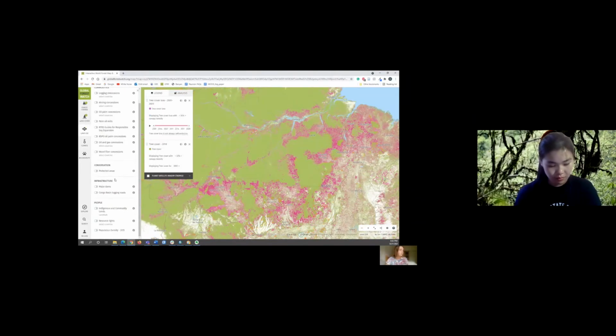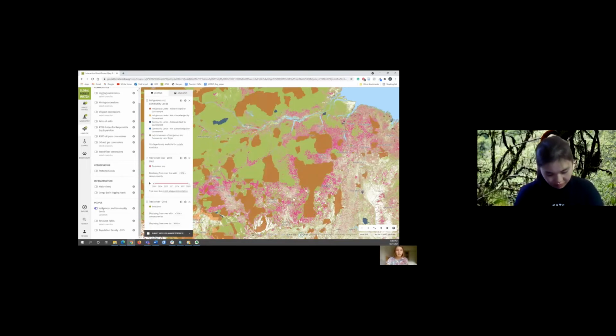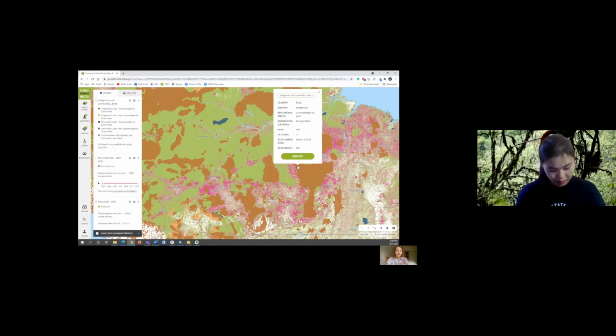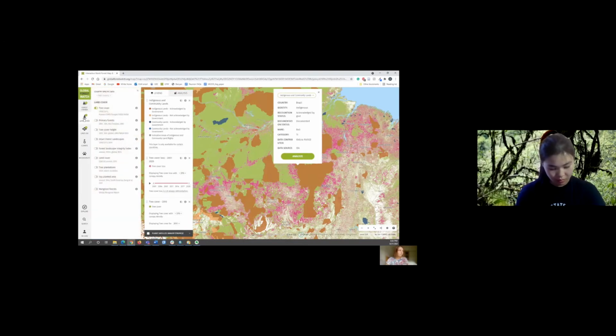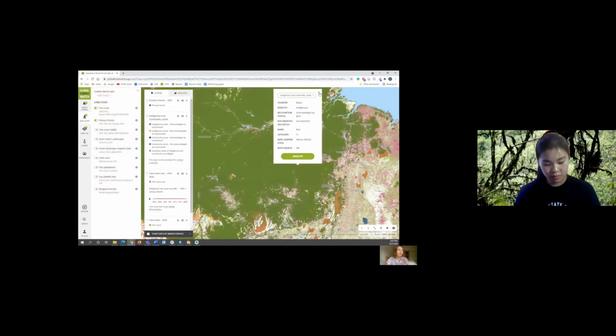And I'll turn that one off and show some other ones that we have. So, indigenous and community lands, we want to make our platform easy to interact with and to get information. So if you click the shapes, it will tell you details like the name of the indigenous group or protected area. Under the land cover tab, we have primary forests data set, and this shows us